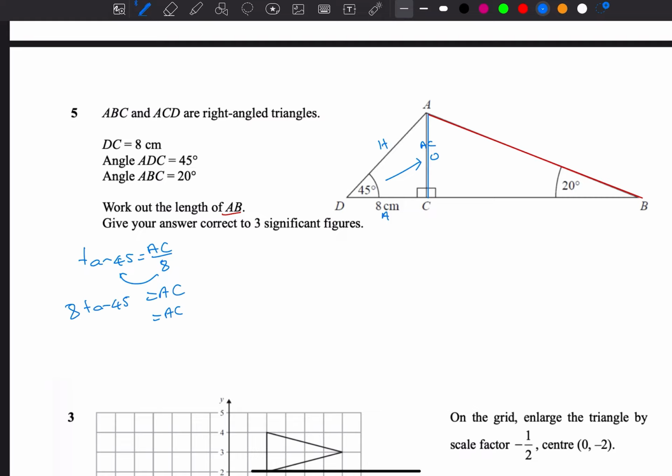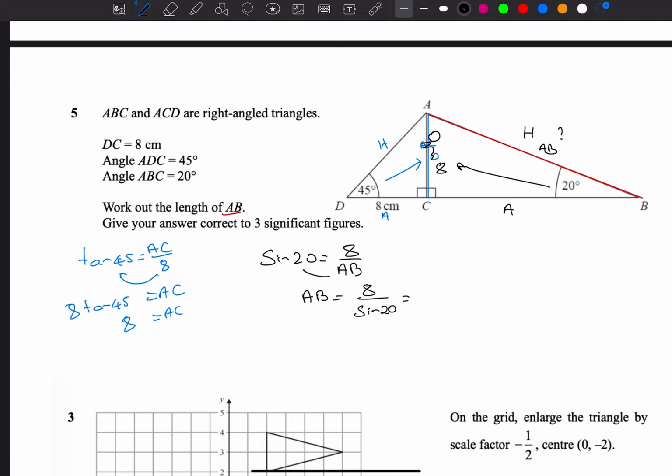AC, which will give you 8 because tan 45 is 1. So we will just say it's 8. This is hypotenuse, and that's what you want. Remember, AB is what you want. Question mark. And that's opposite, and this is adjacent. O and H is what you have, so that's sine. Sine 20 equals O over H. O is 8 over H is AB. Switch them around. AB equals 8 over sine 20,